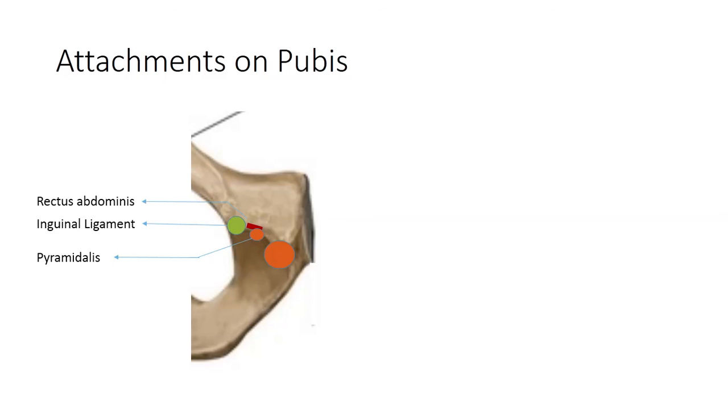Then there is attachment of adductor longus muscle. This is adductor longus on body of pubis, on the angle between crest and symphysis surface. This is the attachment or origin of gracilis on ischiopubic rami. Just lateral to the gracilis, there is origin of adductor brevis. Then again lateral to this, there is attachment of adductor brevis.